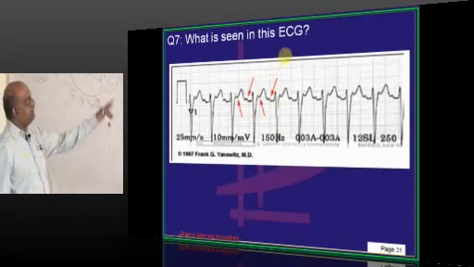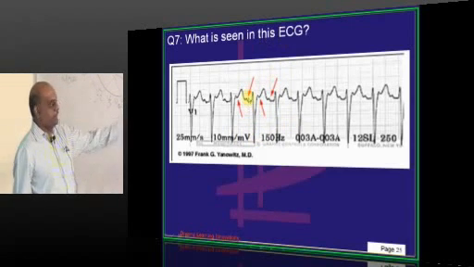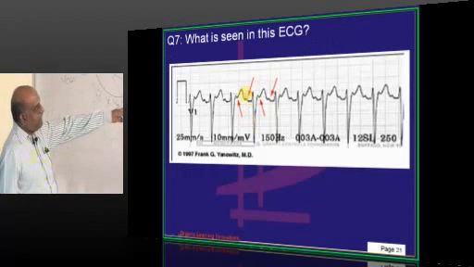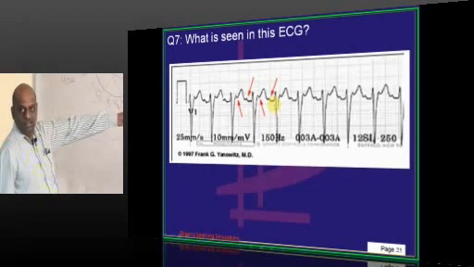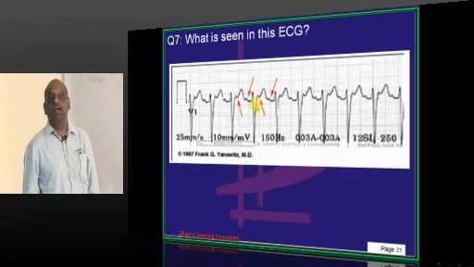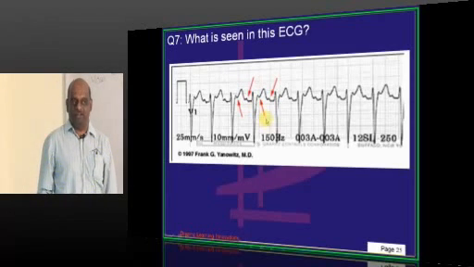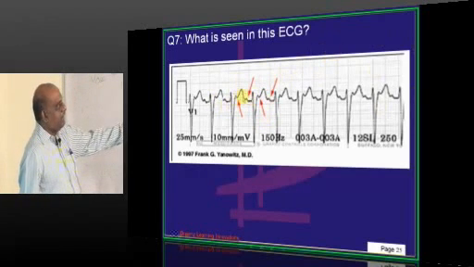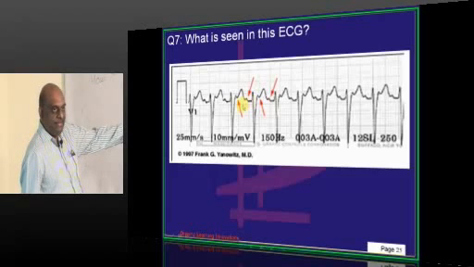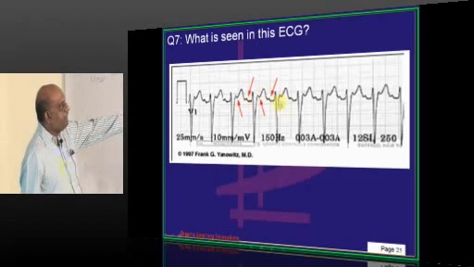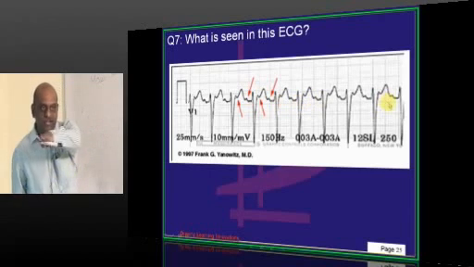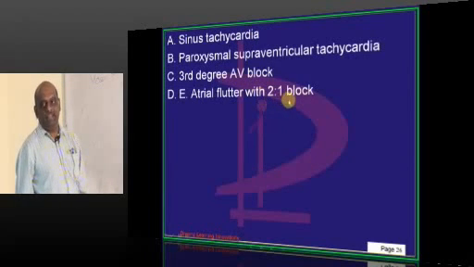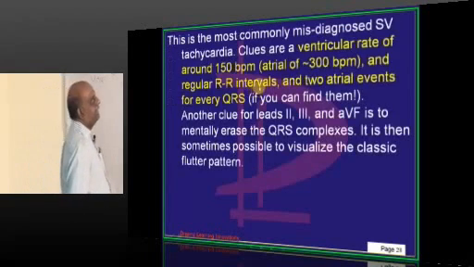Then what is seen in this ECG? Once more, classically it is a case of atrial fibrillation. If it is atrial fibrillation, where is the sawtooth pattern, you should ask. Psychologically remove the QRS complexes in the middle and then join all these P waves, then it looks like a sawtooth. That's how you will identify, and this is called flutter with a 2:1 block basically.